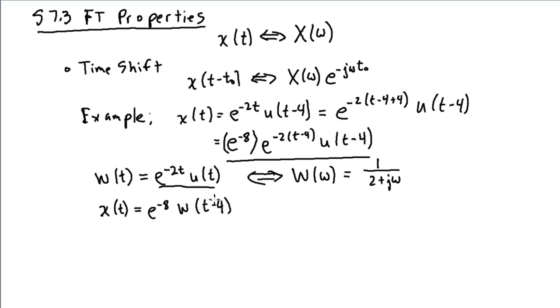Notice that if I substitute t minus 4 for t everywhere it appears, I get this portion of x of t. So this means that